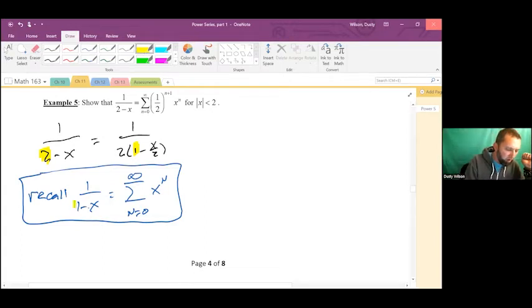Here's that 1 that we want. But notice there's no 2's in sight. So if we don't like the 2, we could move that 2 upstairs. So we have a half divided by 1 minus x over 2. Okay. What I want to point out is this